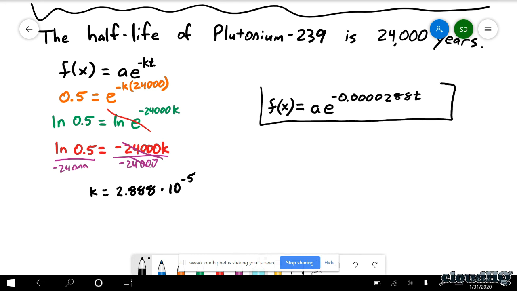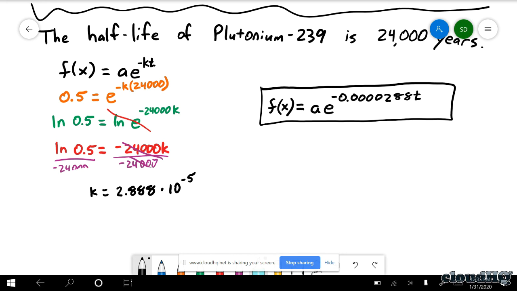Here's the equation that we could use to do questions about plutonium-239. Depending on what the questions are, they might ask you a follow-up question. They might only ask what K is. They might ask what the equation is, or maybe they then say, okay, now let's say you've got, I don't know,